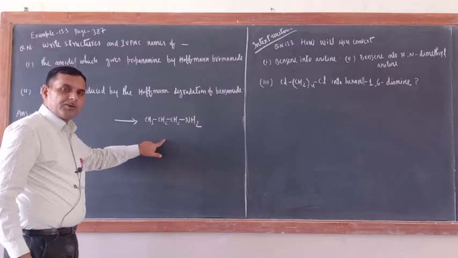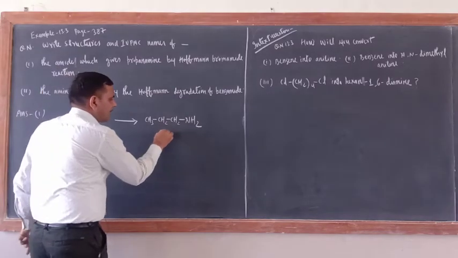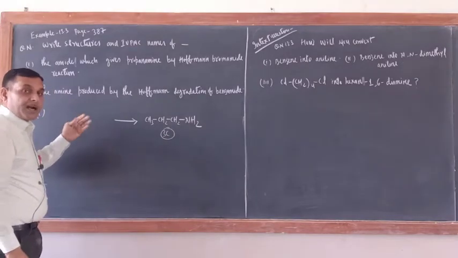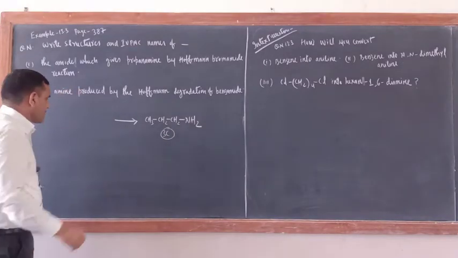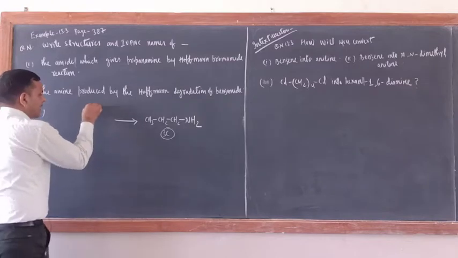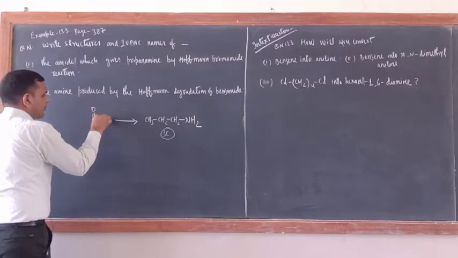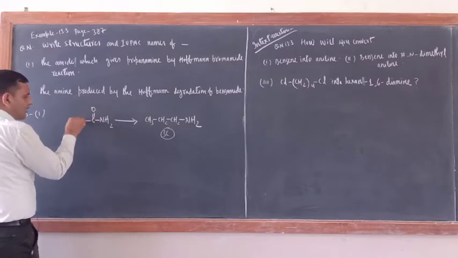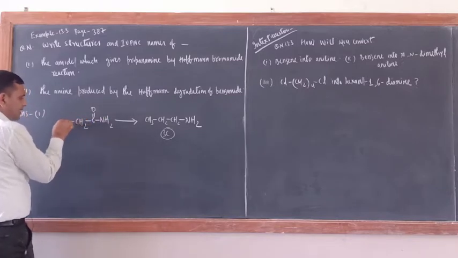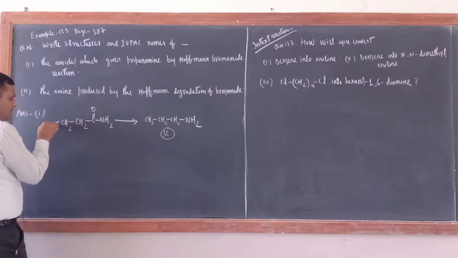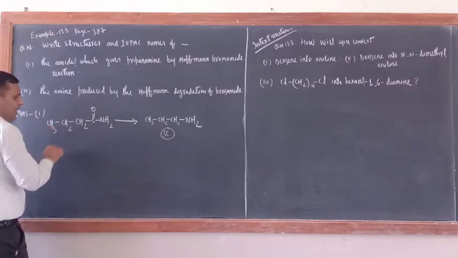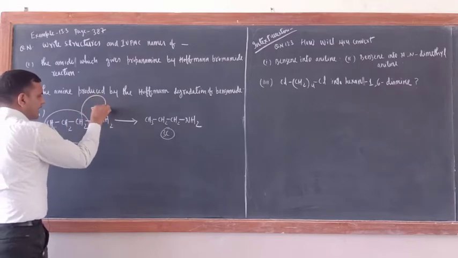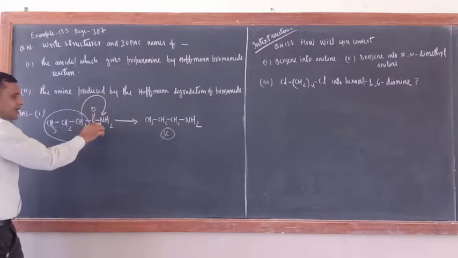So here you are getting the 3 carbon containing amines. It means the amide which you will take here would contain 4 carbon atoms. So write a 4 carbon atom containing amide. What is the functional group of amide? CONH2. Now 1 carbon atom you have already written, just write 3 more carbon atoms: CH2, CH3. And you know that in Hofmann bromamide reaction, this alkyl group is directly bonded with NH2.